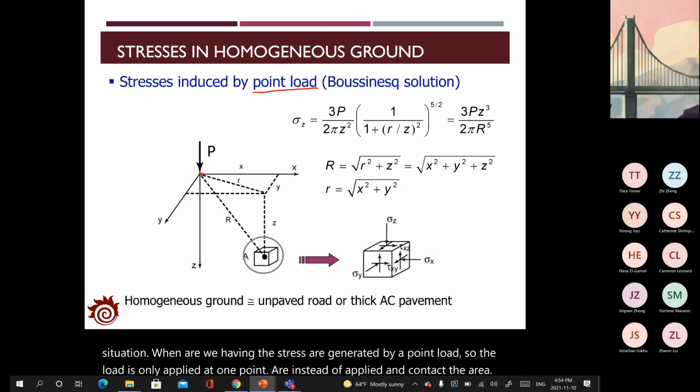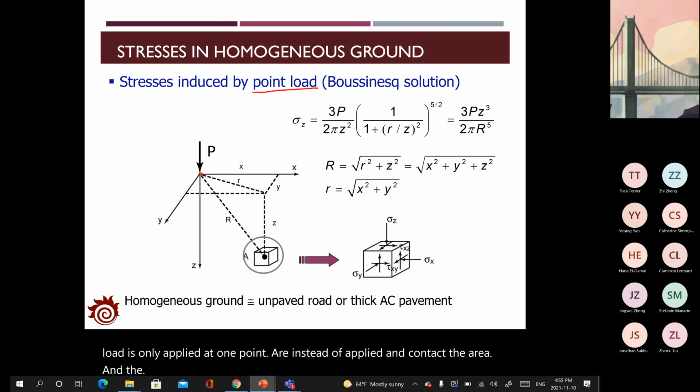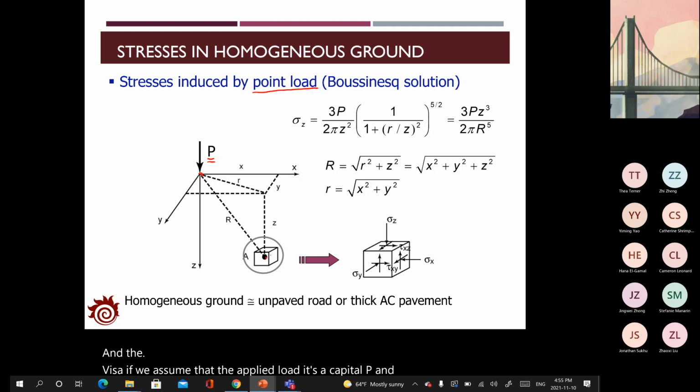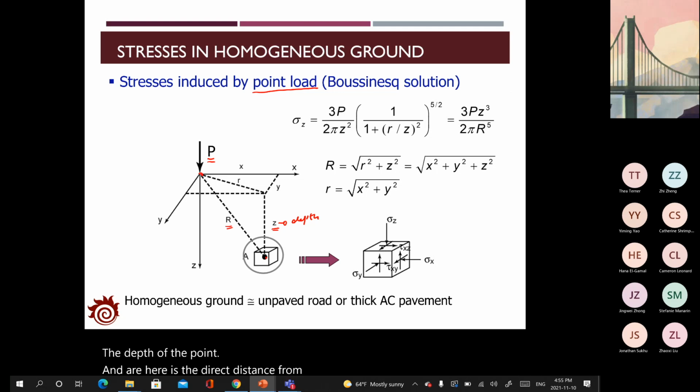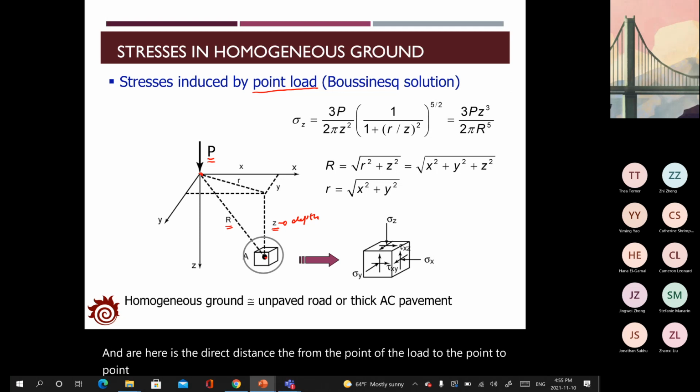And if we assume that the applied load is a capital P, and for any point in the pavement structure, for the point A, Z here is the depth of the point, and R here is the direct distance from the point of the load to the point A,